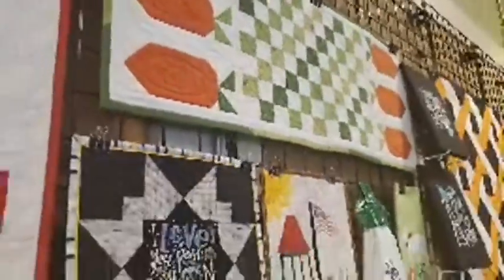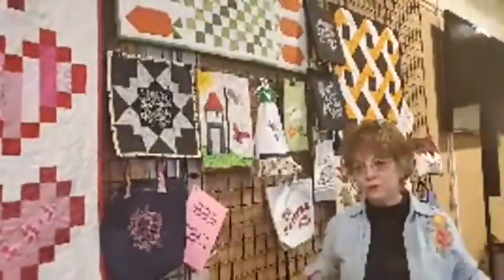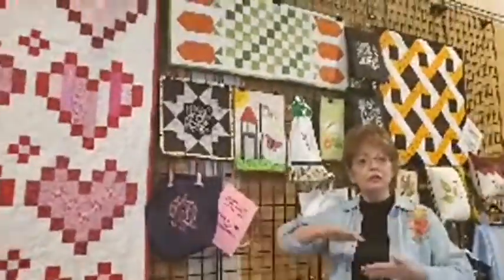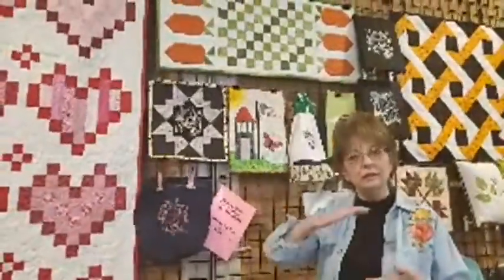Fabric has a lot of body, and I don't care if you've washed it and pressed it and done everything. Once you sew those seams, the seam, if left to its own time, will start to lift again, and you don't have that really sharp press anymore because it's starting to lift a little bit. So then I take the easy press that I've put in the pen, and I go